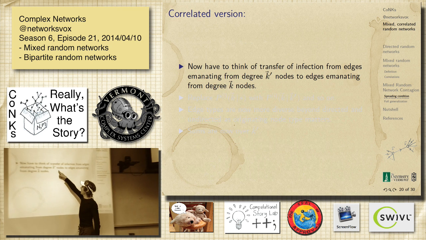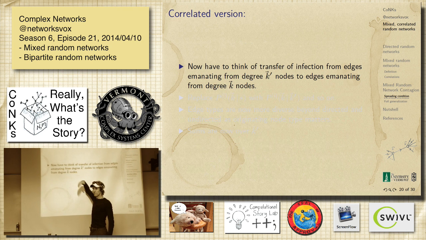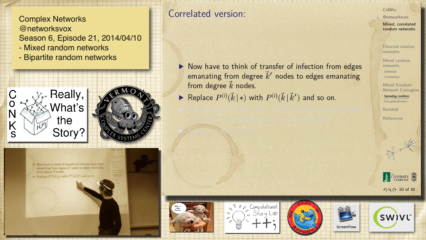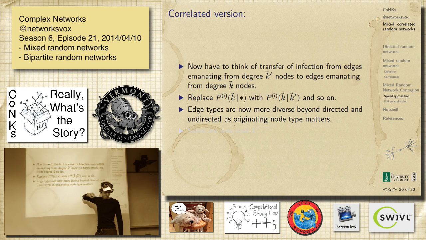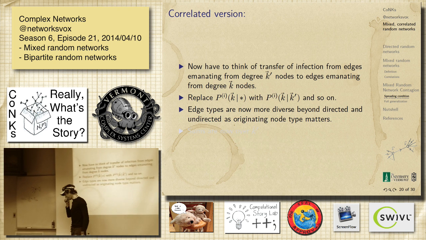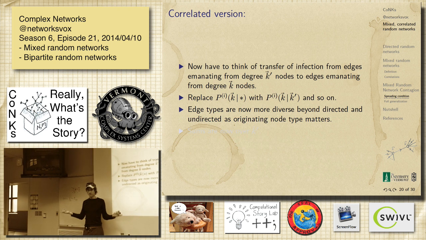now we have to think of where we start. We start from a degree k prime node, we end up at a degree k node. We have to think about that correlation. So this is really basically what's going to happen, right? It's going to depend where you came from. Now there are a lot more edge types. The edges actually have